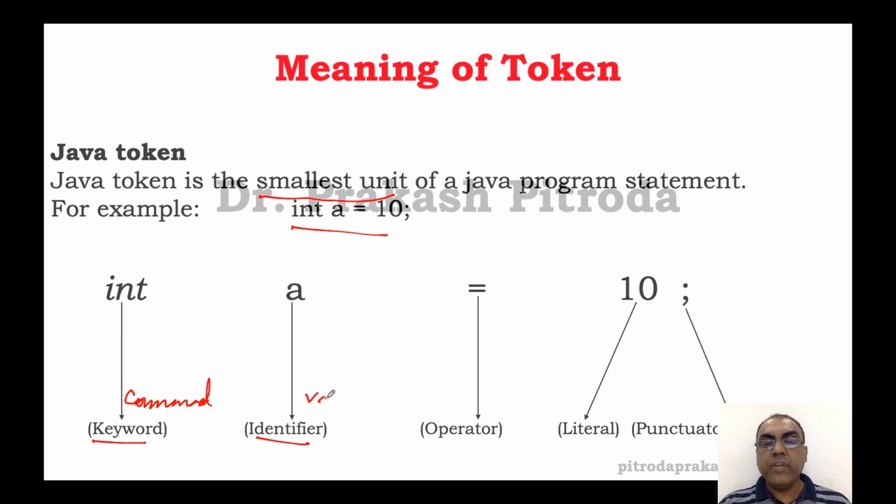Identifier, your variable. In a very simple term you call it a variable, but in technical term a variable is known as an identifier. Is equal to is technically an operator, but in a simple term we call it signs. Literal in a technical term is also known as constant. Constant is also another technical term. In a simple term we call it data value. And of course punctuators, these are nothing but special signs.